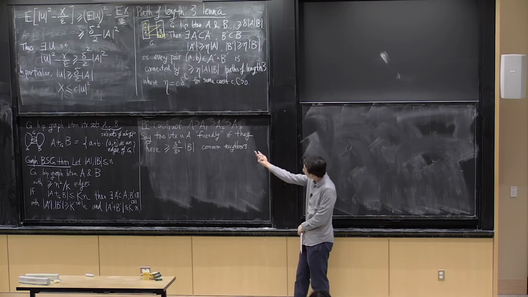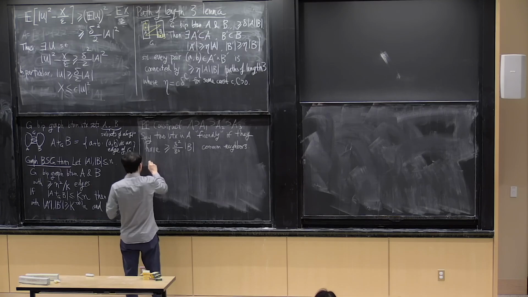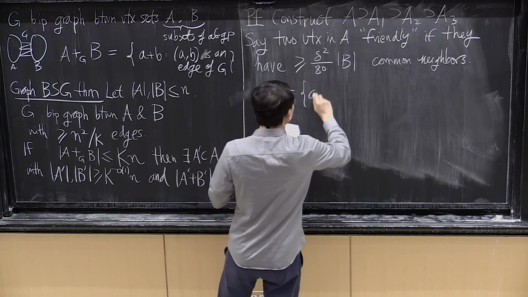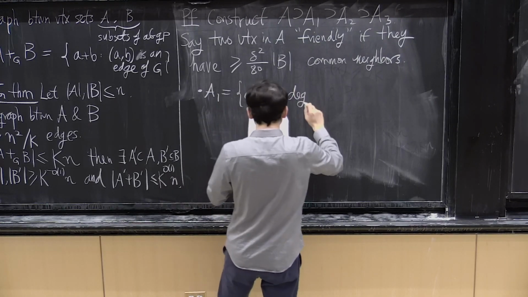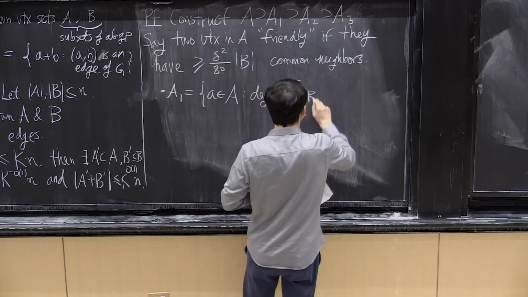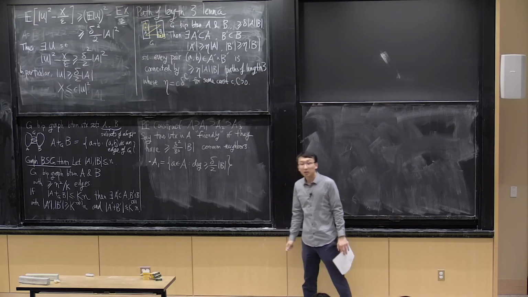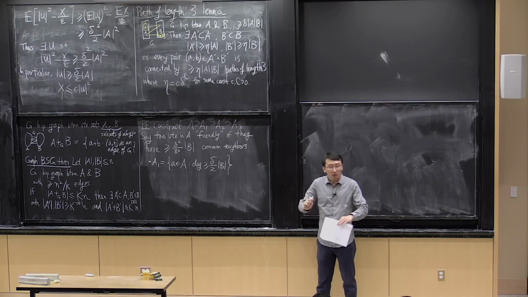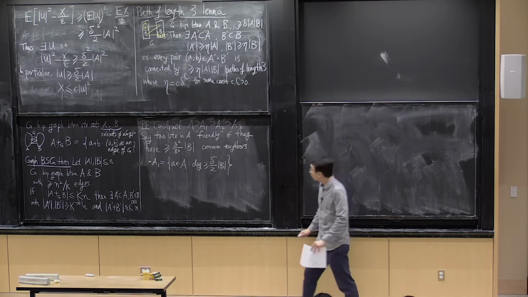Let me construct this sequence of subsets as follows. First, let A1 be all the vertices in A with degree not too small. This is in preparation, so we'll make our life quite a bit easier later on. Let's just trim all the really small degree vertices so that we don't have to think about them. So you trim all the small degree vertices,